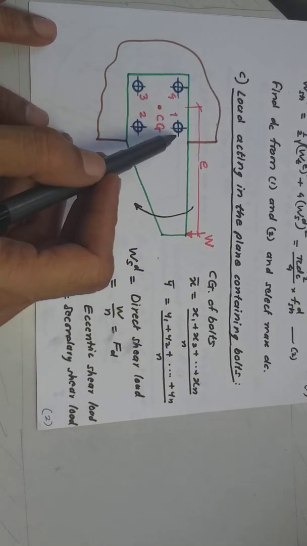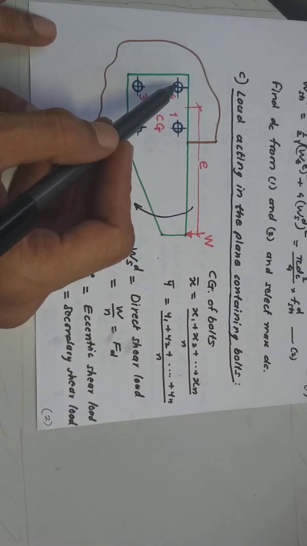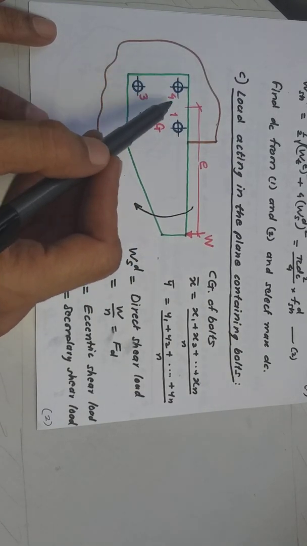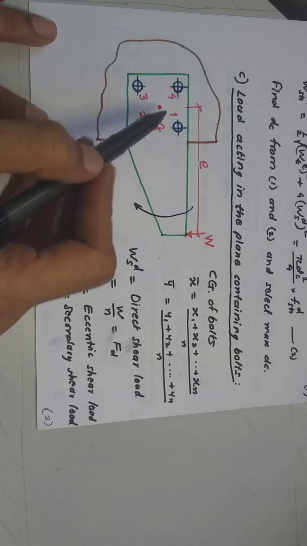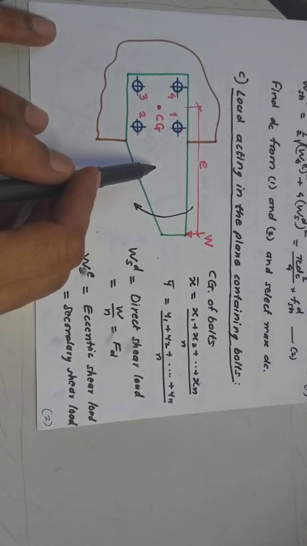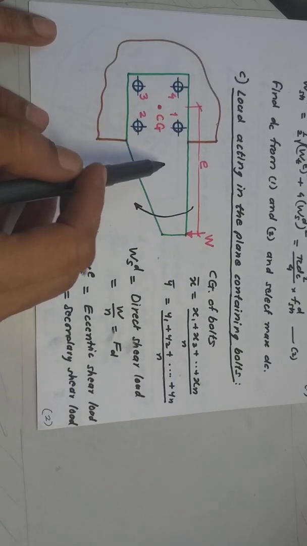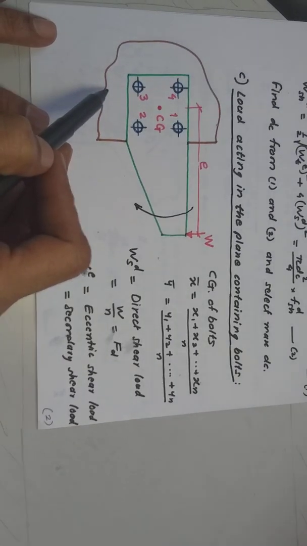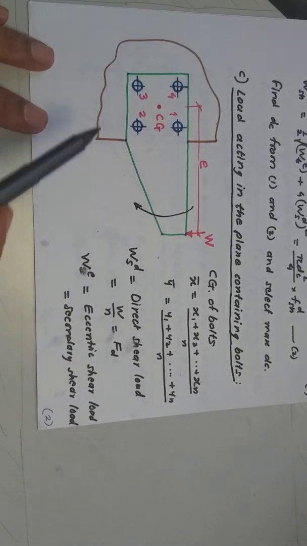The bolts are reacting to this by applying forces in the opposite direction, and the moment of the force in the bolt in the opposite direction is going to balance this bracket. So the bracket will not tilt like this, it will remain in the same position, that is called equilibrium, and that is happening because the bolts are creating exactly the opposite moment. Now how this all happens, we have to find out.